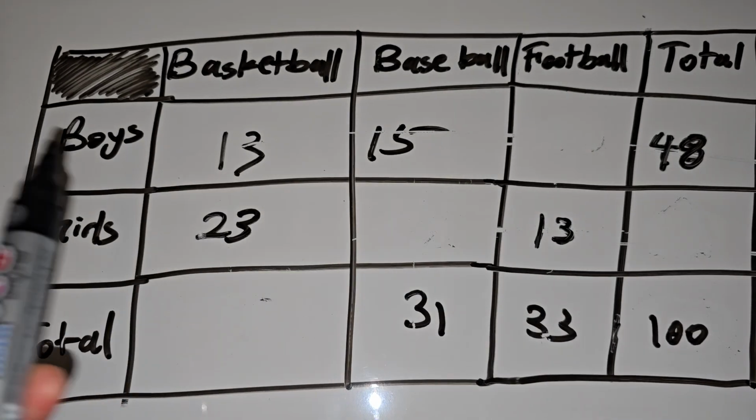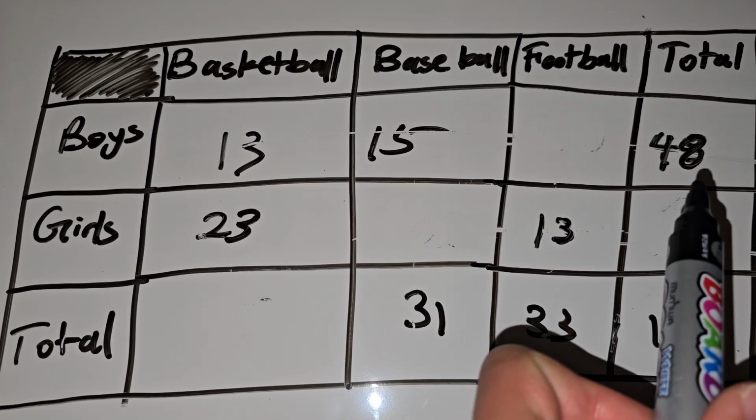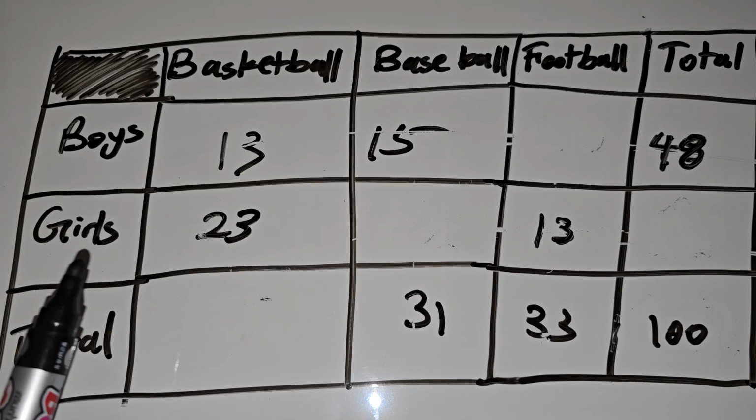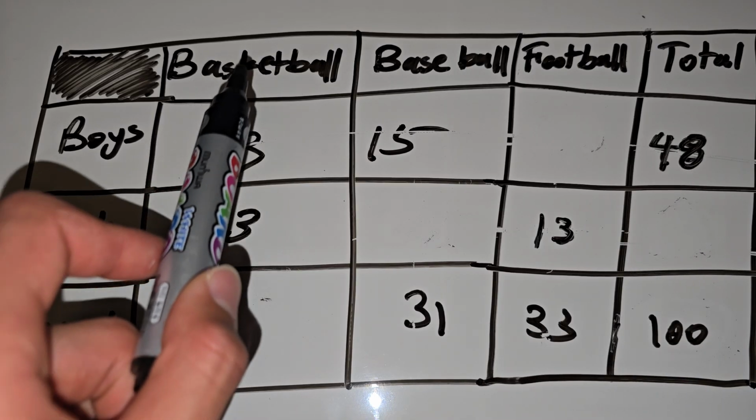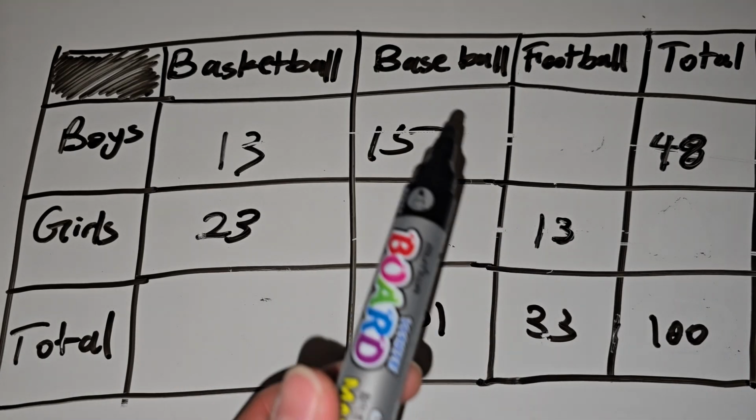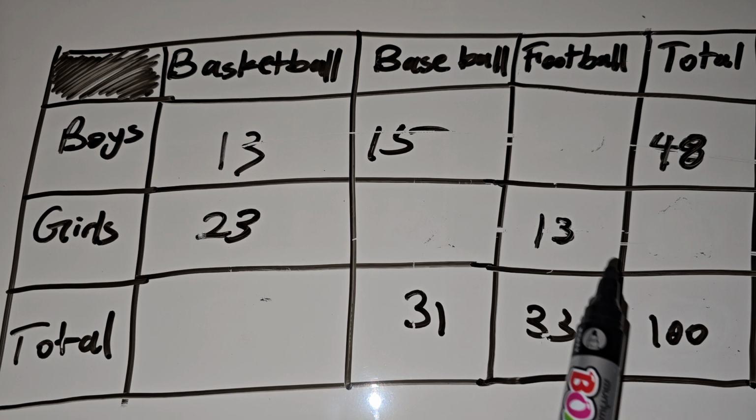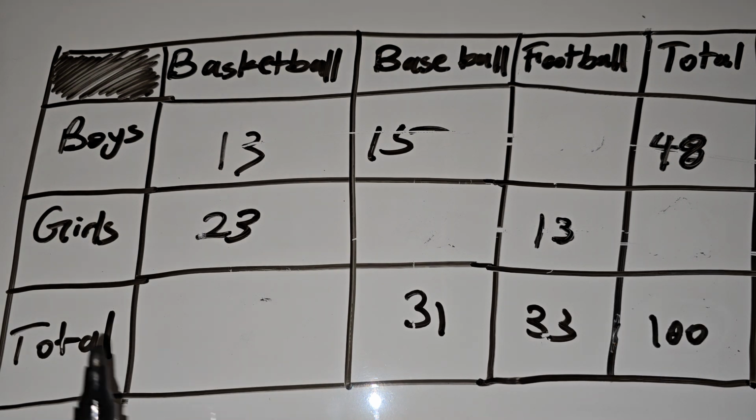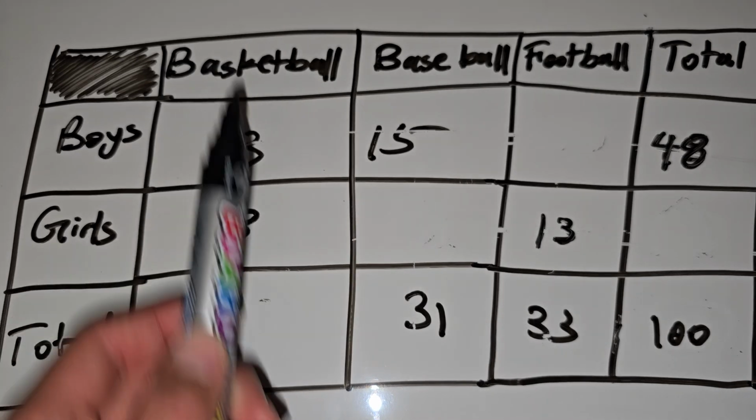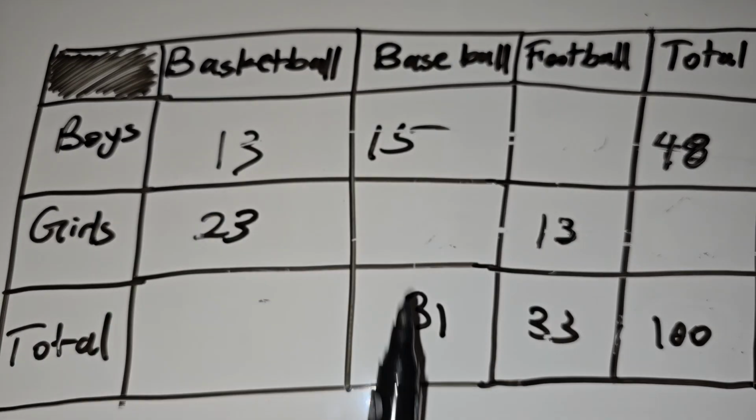We don't know. But how many boys are there? There are 48 boys. And then how many girls prefer basketball? 23. How many prefer baseball? We don't know. How many prefer football? 13. But how many girls are there? We don't know. Now, the total is how many total prefer basketball, how many total prefer baseball, and how